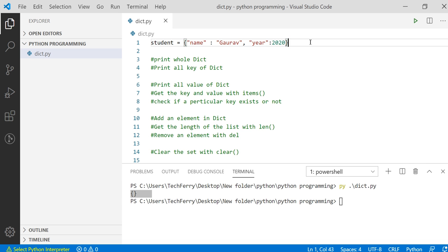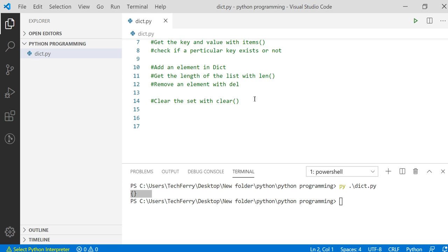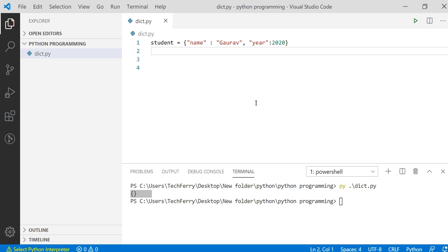So this is how a dictionary can be defined. Now one more thing which comes into the picture is how we can define a nested dictionary in Python. To do that, let me first clean this comment out, and we will have some hands-on on dictionary, because this is a very important point in dictionary in Python, and we can perform a lot of operations on it. Suppose I have one more student2 over here, and the value of